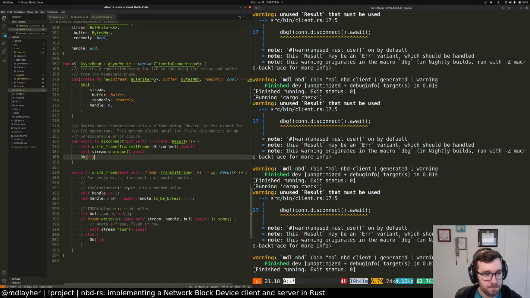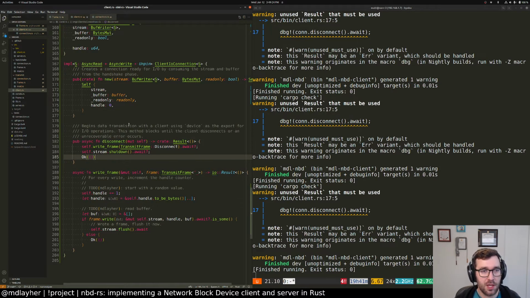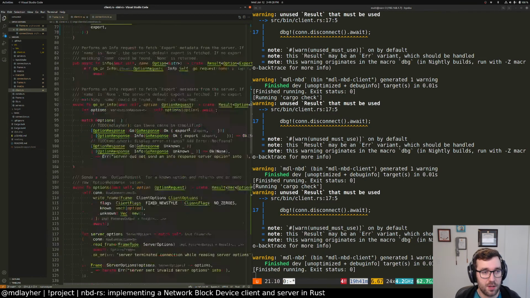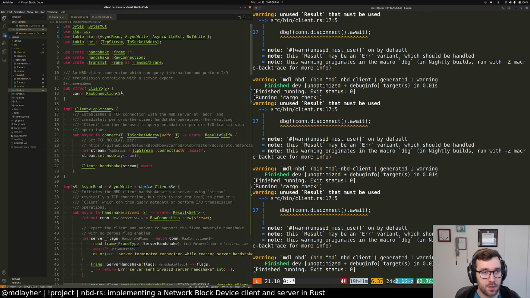But so the handle again becomes an opaque series of bytes, which is just big endian in this case because I like big endian better. We shut down. Yeah, so we have the client connection, client IO connection, transmit frame,